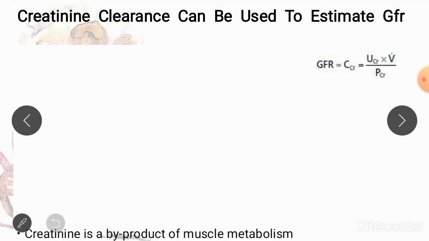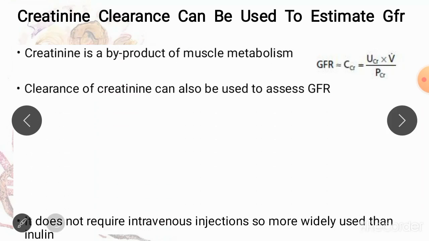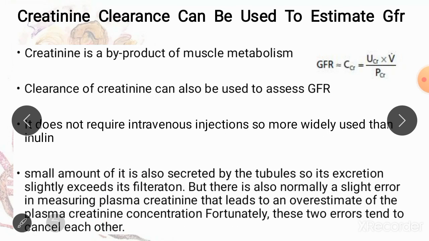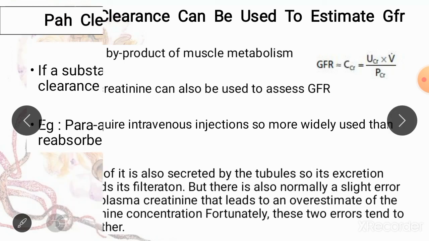So creatinine clearance is important to assess GFR in people who are not good candidates for inulin, and it is done in the same fashion as in the case of inulin. To study GFR with the help of creatinine clearance, you multiply the concentration of creatinine in urine with the total amount of urine and divide it by the plasma concentration of creatinine, and you get an almost approximate reading of GFR.